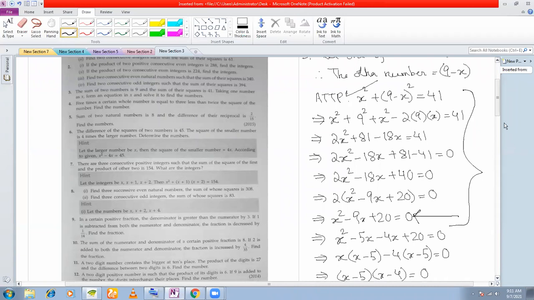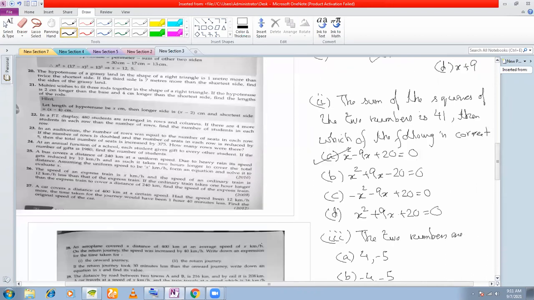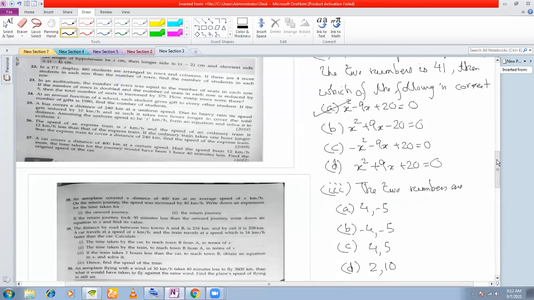So x square minus 9x plus 20. Then which of the following is correct? Option A is the correct answer. You have to look at the options very carefully because the options will also be very close. The positive and the negative sign you'll have to observe very carefully. And finally,